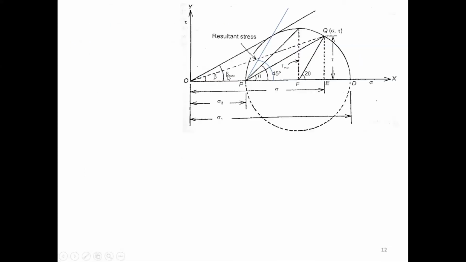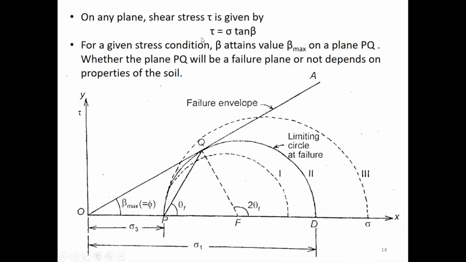Now you can see here, let us imagine OQE. Let us look at OQE. So look at this figure, OQE. I know where my tau is, I know where my beta is, I know where my sigma is. Right? So I can say that this tau is equal to sigma tan beta from this figure, isn't it? Can you see this? Correct? I can say that tau is equal to sigma tan beta, and for any given stress condition,